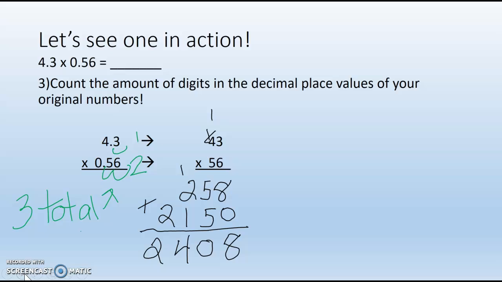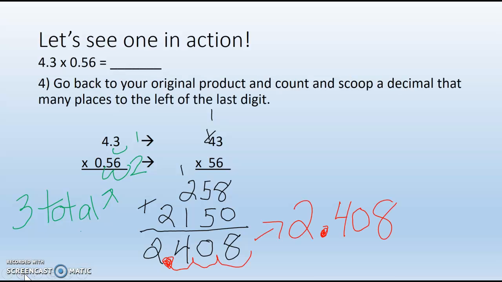So I now need to go back into my answer and slide the decimal back in 3 spaces. So I'm going to go to my product, count and scoop that many places to the left of the last digit. So I start at the 8, and I need to scoop 3. So I scoop 3 places,